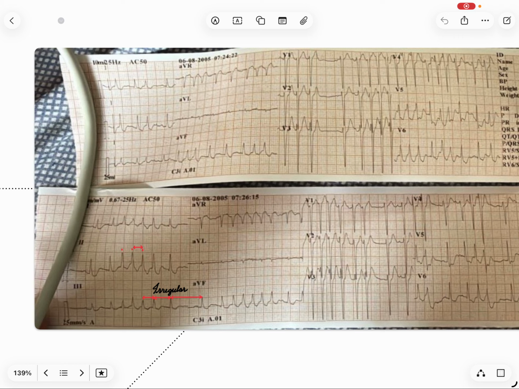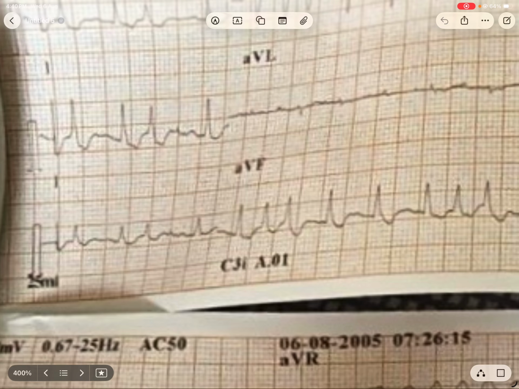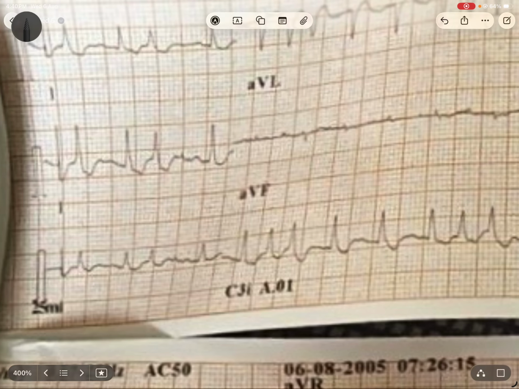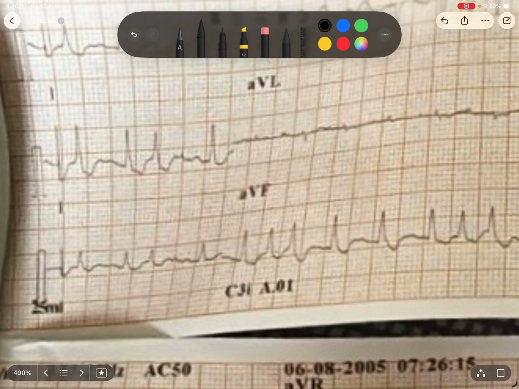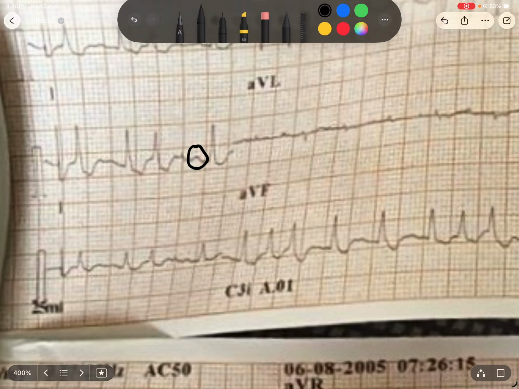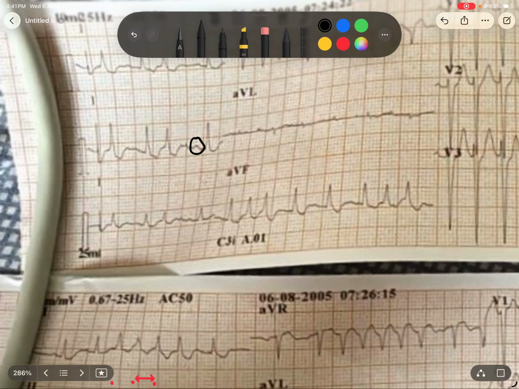Now, if it is originating from the atrium or somewhere along the AV node, bundle of His, Purkinje fibers, then let's look for P waves to see if it is originating from the atrium. And as we can see, there are some areas where we can see some P waves, which is somehow here in this part. Let me get a pen. Yeah, this is a P wave. There are P waves here, here,